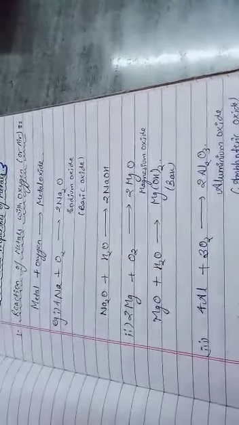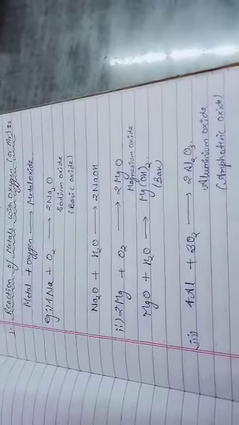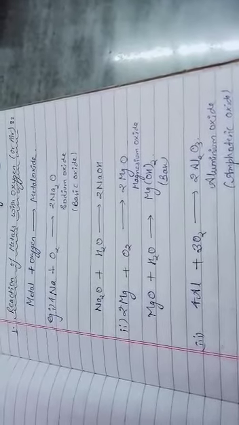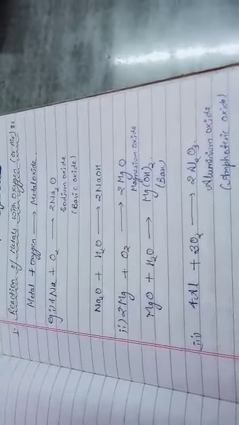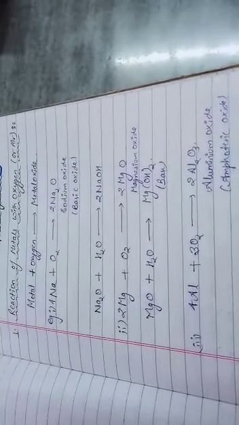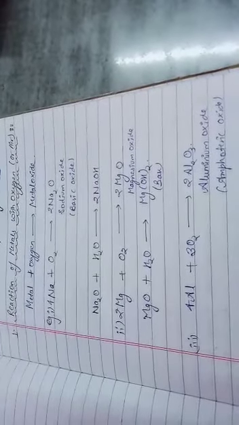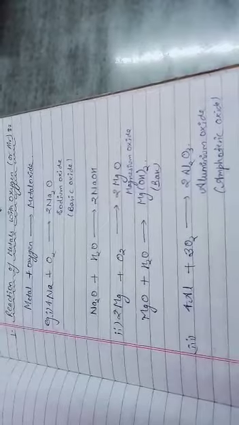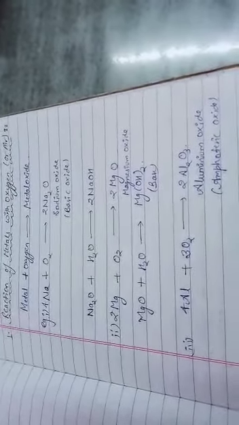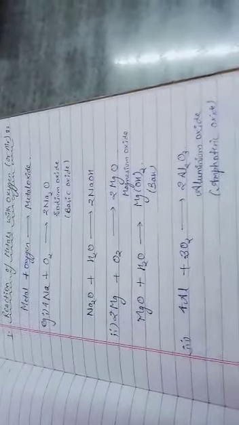Now the question arises, what is an amphoteric oxide? Amphoteric oxides are those which show the properties of both acid as well as base. So they show acidic as well as basic behavior. It means they react with acid as well as with base. Such compounds are known as amphoteric oxides. For example, Al2O3 and ZnO are amphoteric oxides.